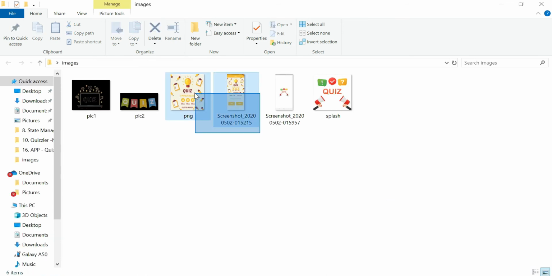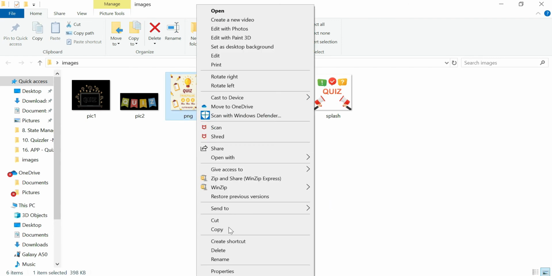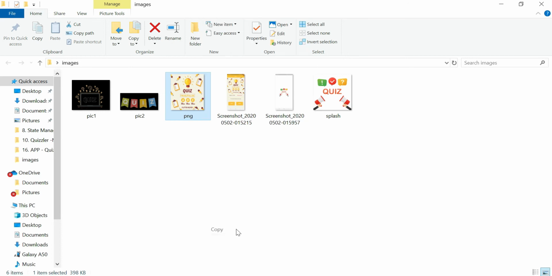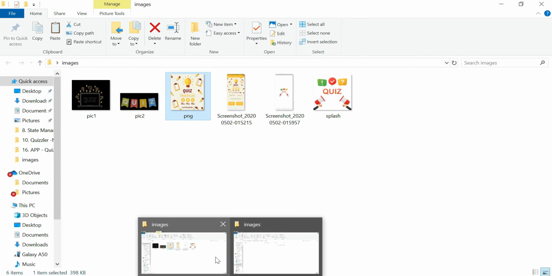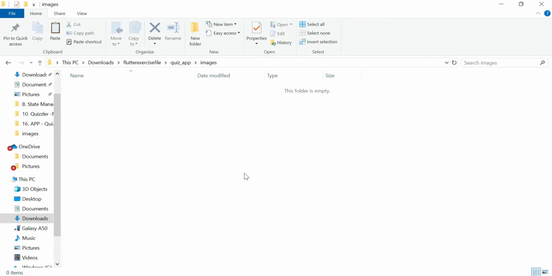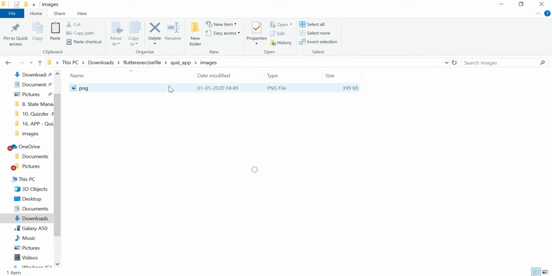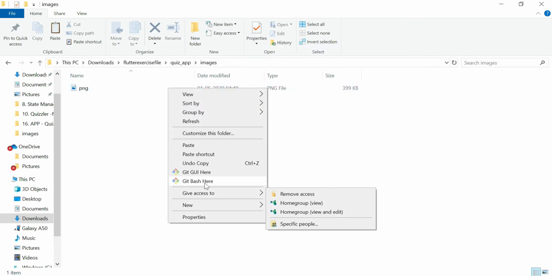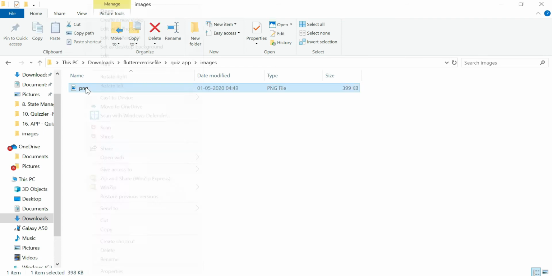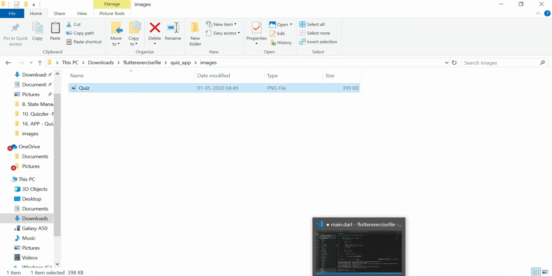This is the image that I want to use in my app, and I'm going to copy this and paste this image inside the images folder. Now I pasted this image in the images folder, and first let's change the name of this image, and I rename this as quiz. It makes sense because we are building a quiz app.